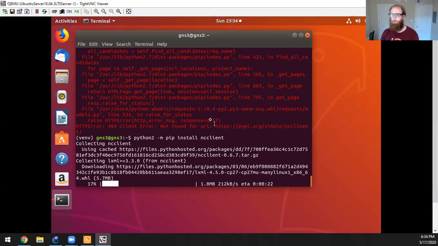So instead of trying to figure out how to get Ansible to work for Python 3, I can simply just install ncclient for Python 2. And it's in my virtual environment, so it's not like it's in the global space or anything like that. It's probably the easiest, quickest solution to this. Yeah, and using precious disk space, of course, that's always a problem when you don't have much. And I do not have much, but